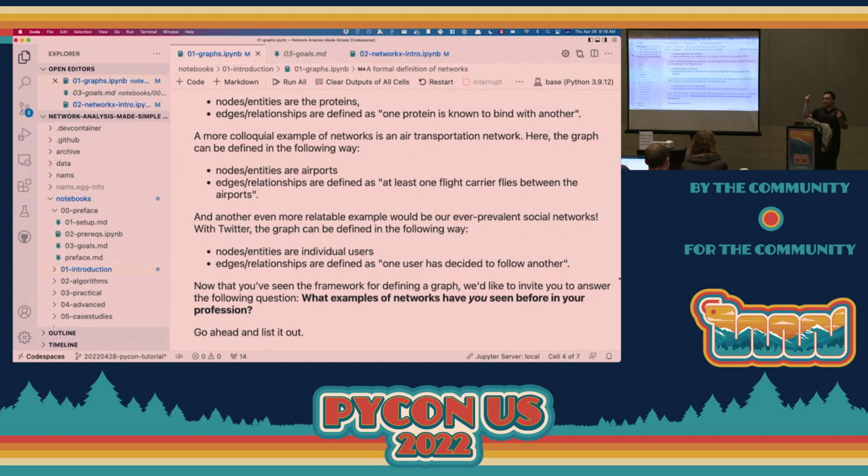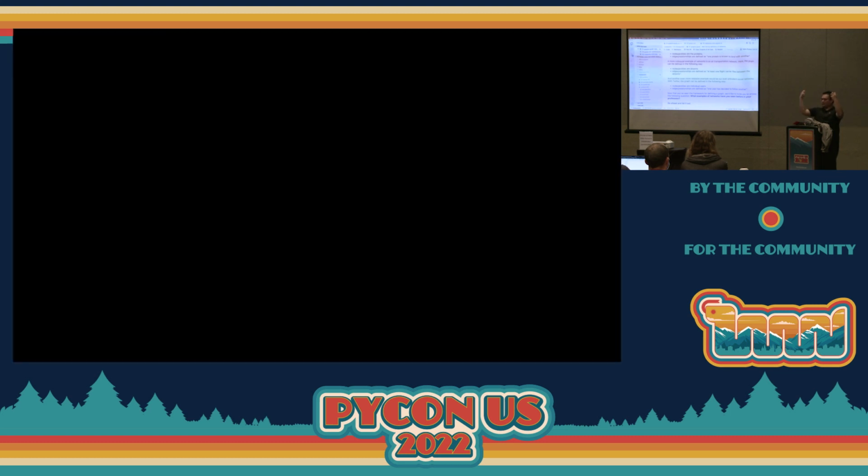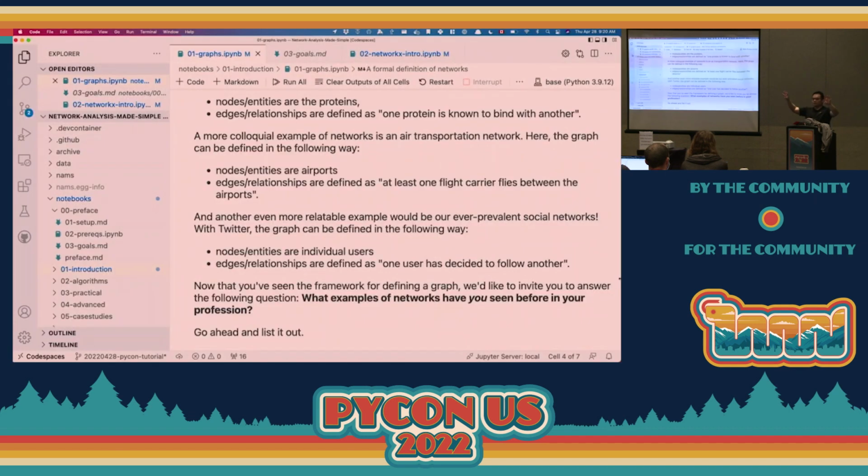Every transaction that happens between a customer and a store is a unique edge that exists between the pair of nodes, right? So this would, for the purposes of data modeling,